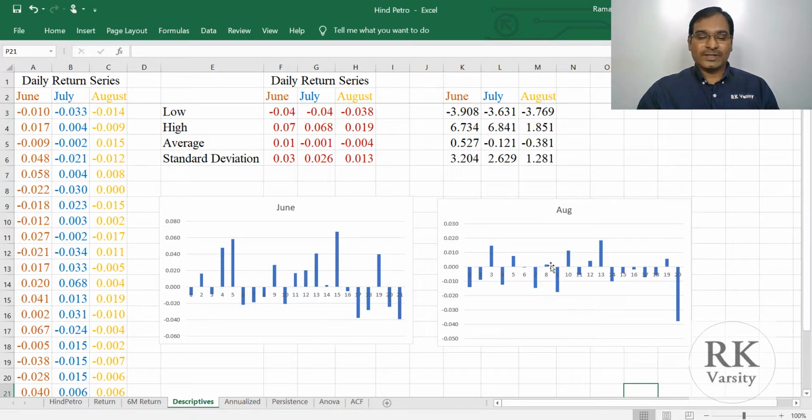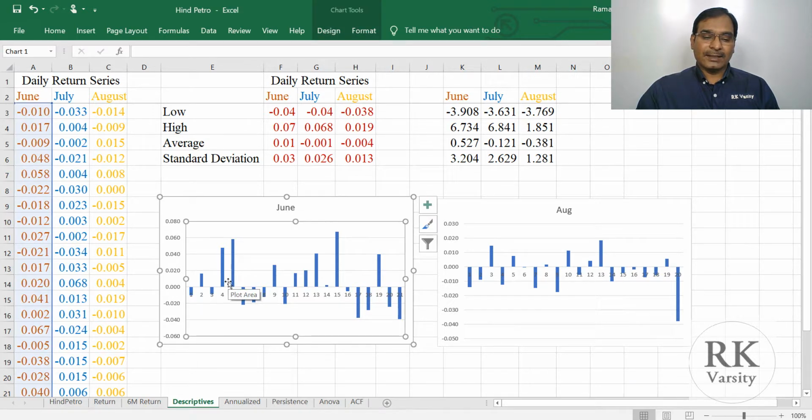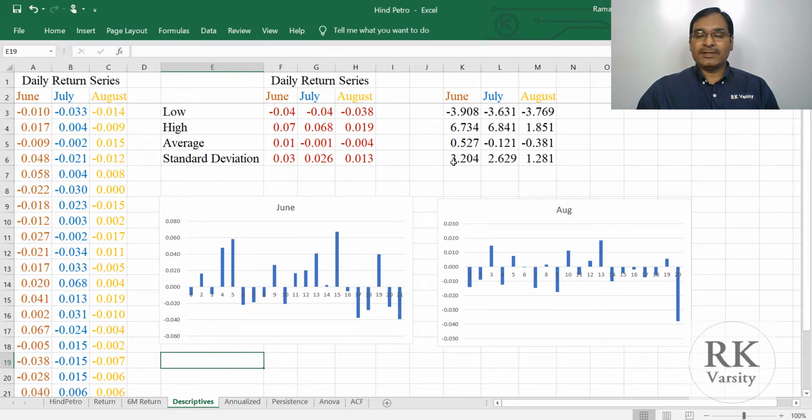Now observe these two charts. In the month of June, you will find high volatility. Sometimes the price is very high, then low, and very high, low, and so on. In the month of August, the ups and downs are very low. Whenever there is high volatility, in the sense there are high swings in a stock price, your standard deviation will be high.